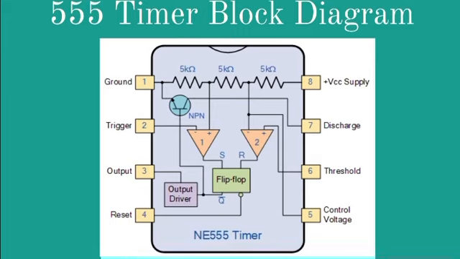Okay, so next we have pin 7, that is the discharge terminal. So here this pin is connected internally to the collector of the transistor, and mostly a capacitor is connected between this terminal and ground. It is called the discharge terminal because when the transistor saturates, the capacitor discharges through the transistor. So when the transistor is cut off, the capacitor charges at the rate determined by the external resistor and the capacitor. So last pin, that is pin number 8, which is called the supply terminal. So here a supply voltage of 5 volts to plus 18 volts is applied to this terminal with respect to the ground, that is pin number 1.